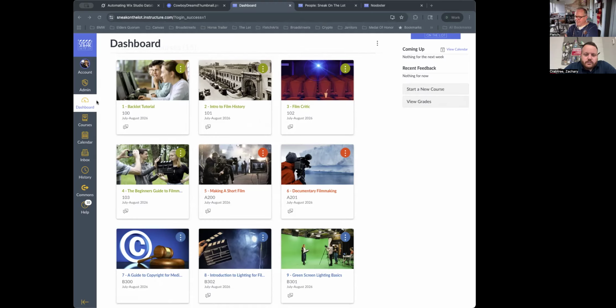But this is what you really need to know. This Canvas UI. So there's a couple of really cool, powerful tools. This dashboard screen, and you're going to see a couple of extra buttons on mine because I'm the admin, but